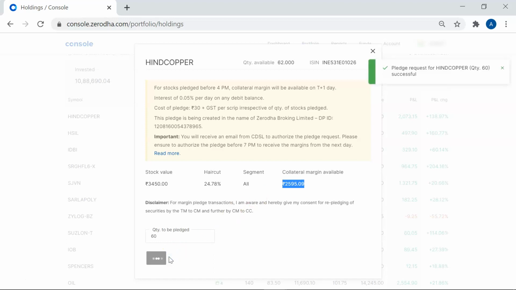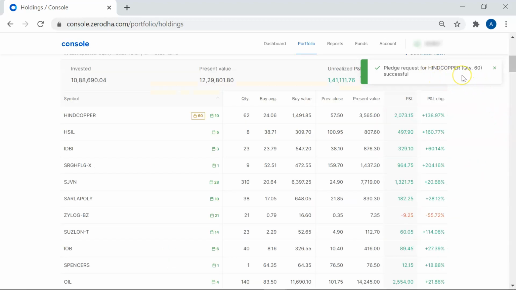Submit. So pledge request is successfully placed. Now within one day you will receive an email. You have to click the link sent to your email wherein you will be redirected to the CDSL portal. Once you are redirected there, you have to enter your PAN number or Demat account number to verify.